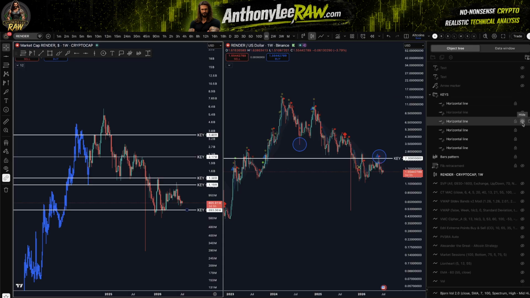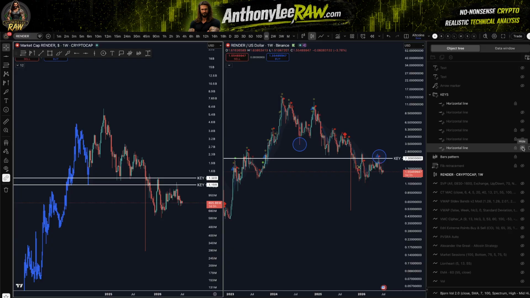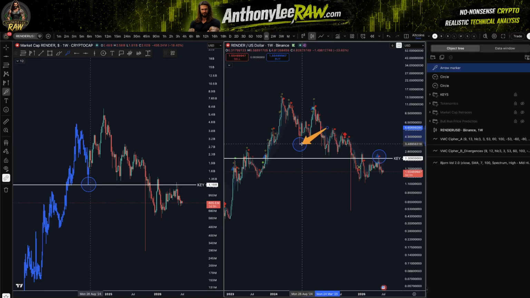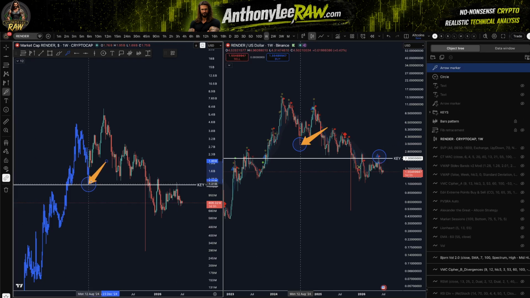There it is. All right, market cap level on the left, and you can see this dip right here in August of 24, right? You see this? It came down, perfect support level, right? Well, at that time on the left, that was your market cap, and your price was way up here, guys. Price was way up here, okay? But you can no longer say this is a relevant level, even though it was a significant, obvious support level right there. It was support right there, and right there, so there and there.